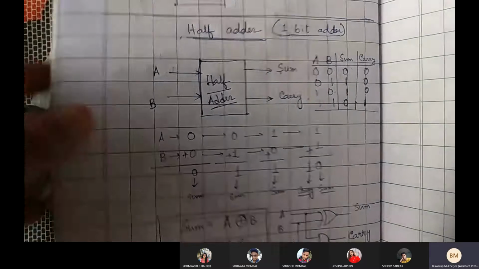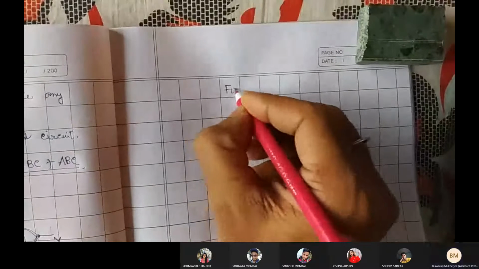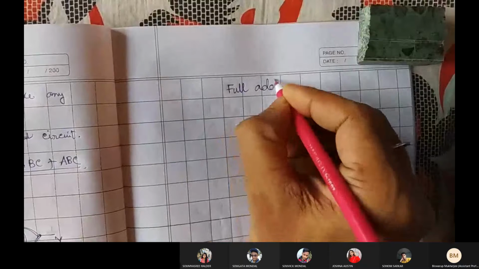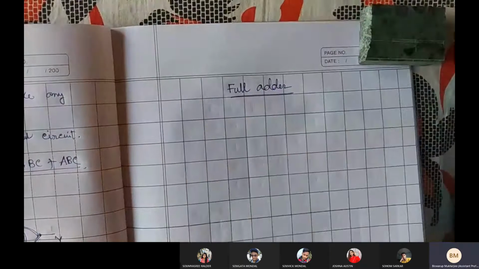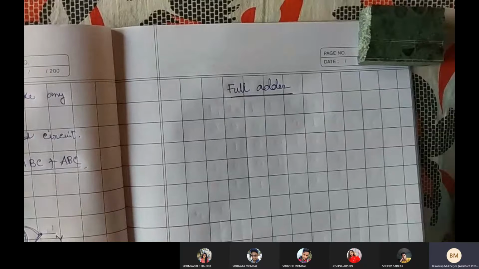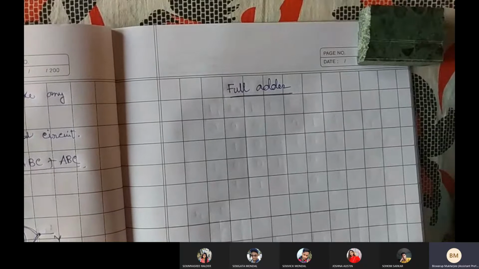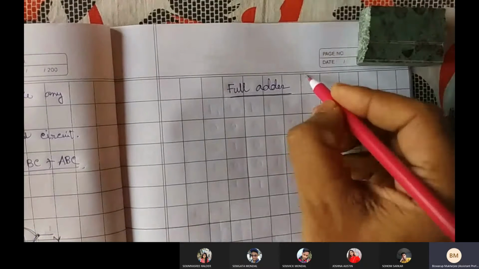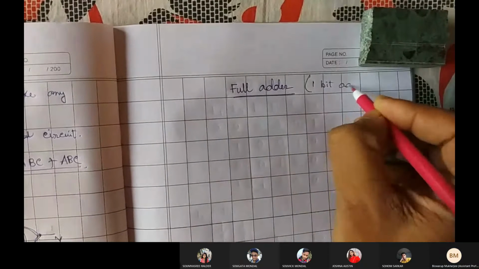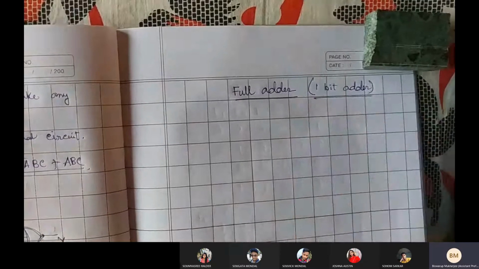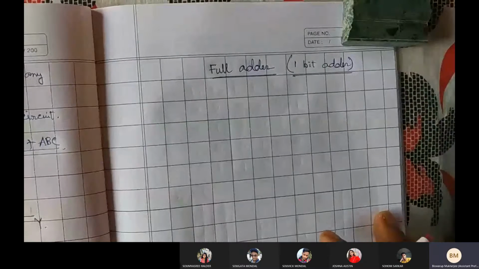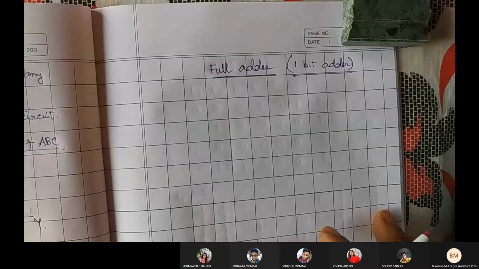যাই হোক, সো লেট মি কাম টু নেক্সট ওয়ান, দ্যাট ইজ next is full adder. Okay, so half adder, all right. So next we come to full adder. Okay, so what is full adder? Half adder তো না হয় বুঝলাম. Full adder is something like this. It is also one bit adder, but it can take at a time 3 consecutive bits. 3টে bit নিতে পারে। What does it mean?